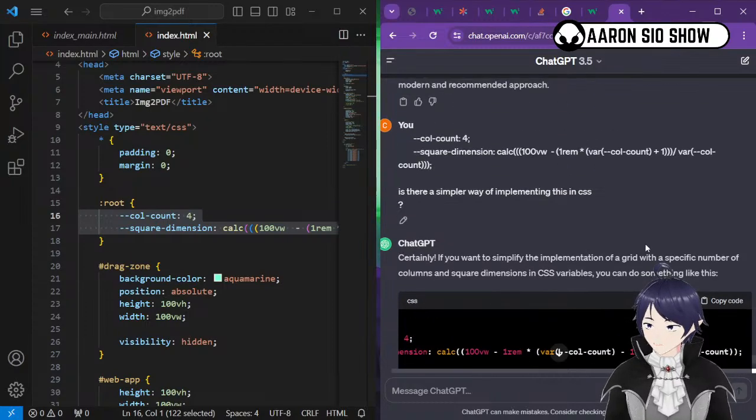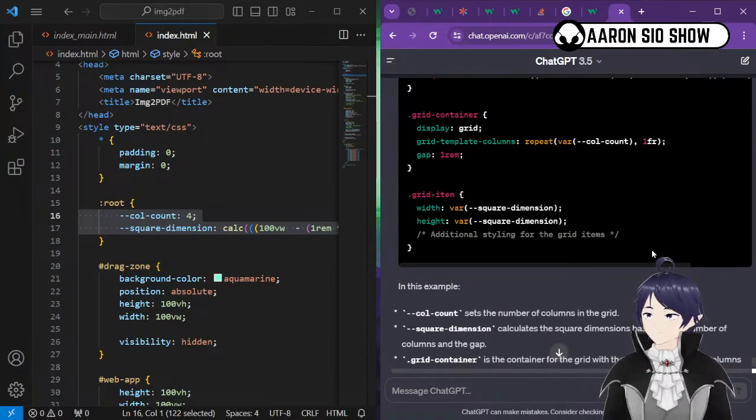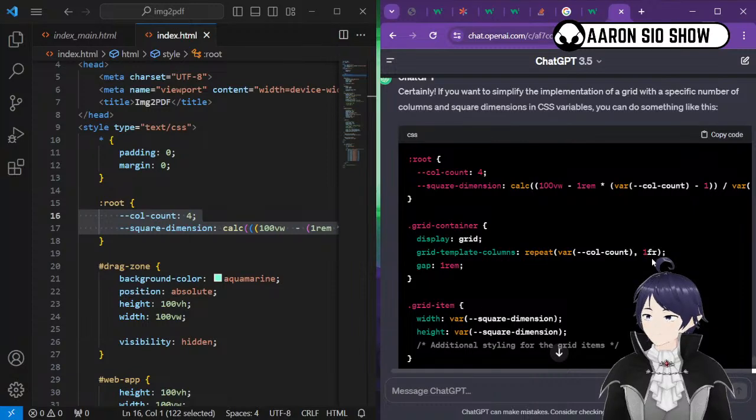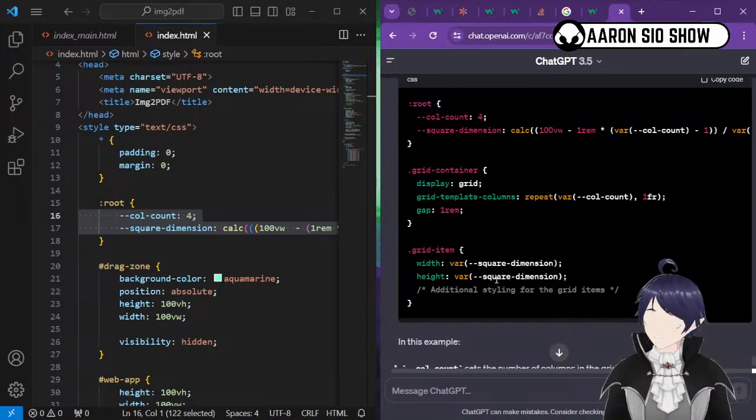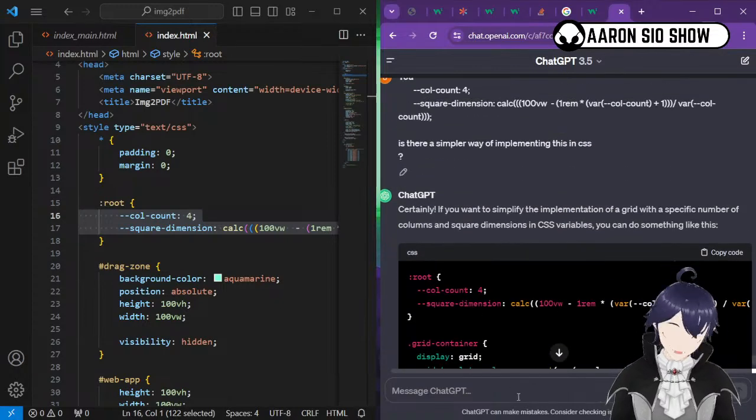Well, the AI still use my formula. Oh, the AI even give us the. That's nice, but I need the AI to